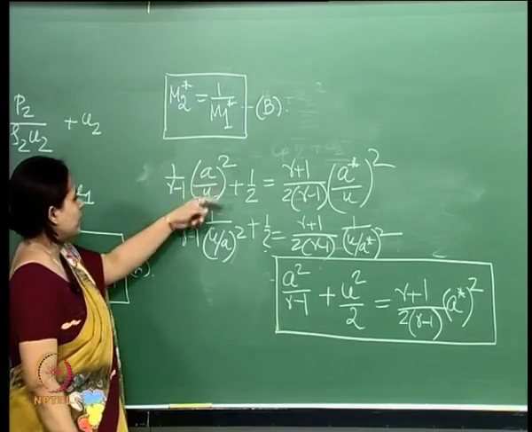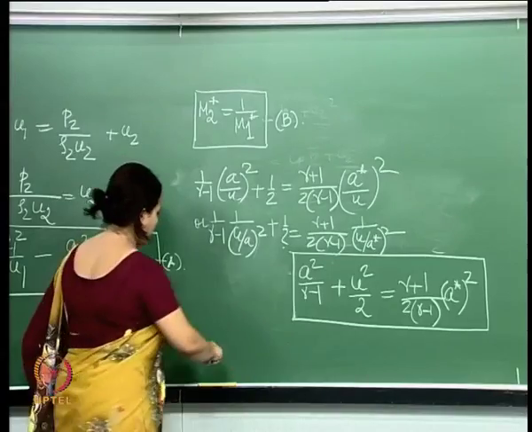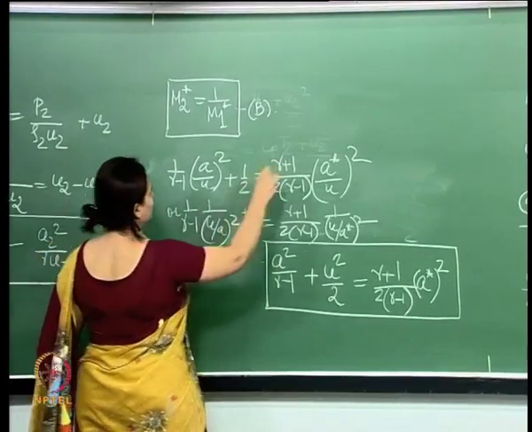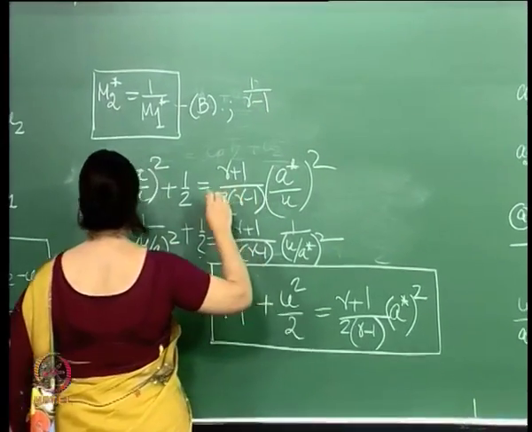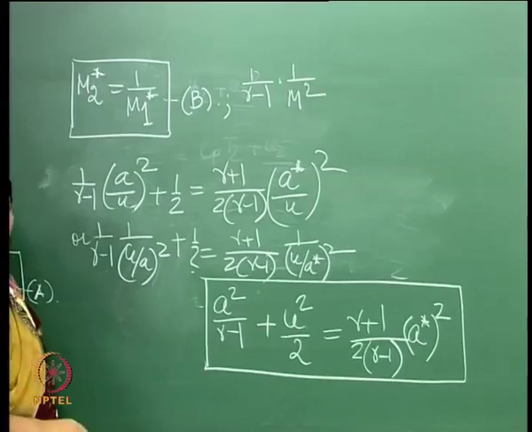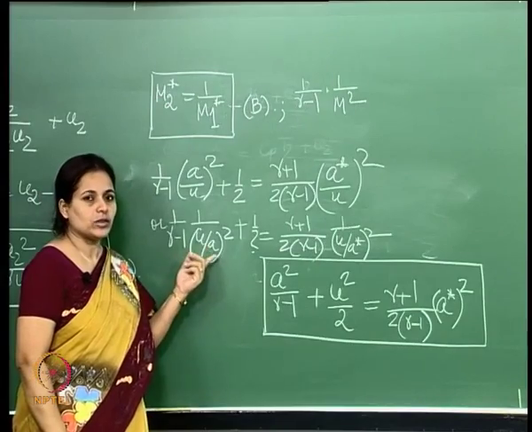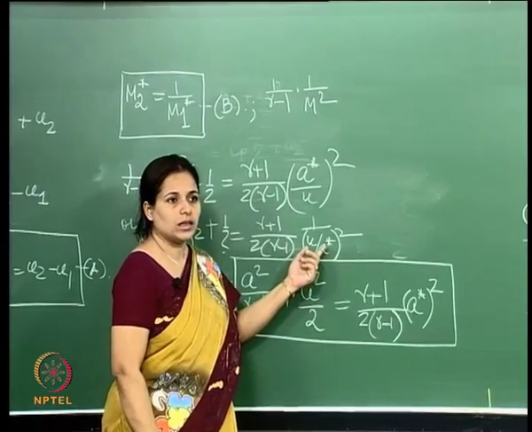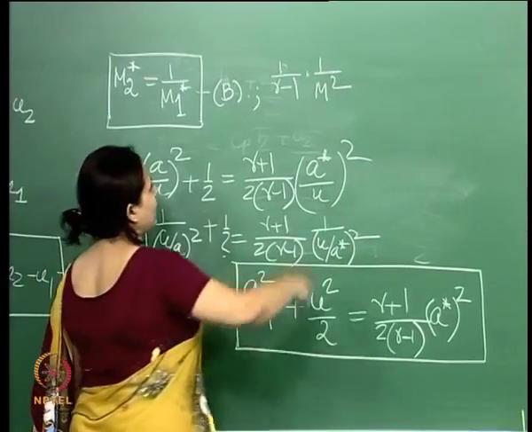All I am trying to do is write this in terms of the Mach number. So, then I can actually write this equation as, so this is the actual Mach number. This is the actual flow velocity and this is the actual speed of sound. And this is the flow velocity with the sonic zone speed of sound. So, this is the M star. So, if I write this,